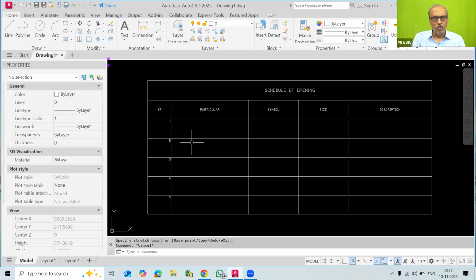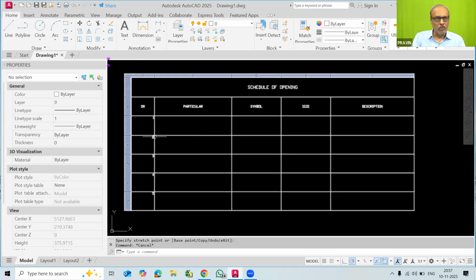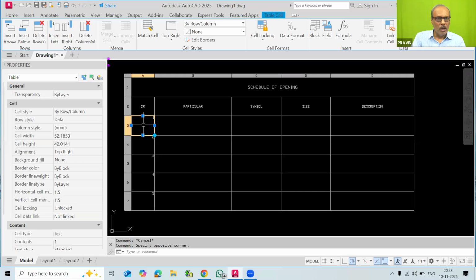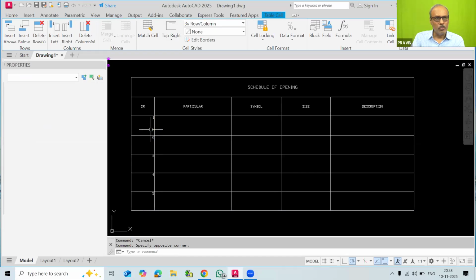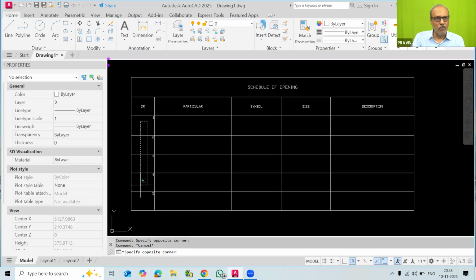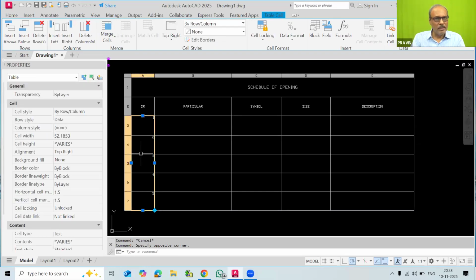Now in this, you also have to remember that we can change the alignment of the text. There are two types of alignment. Here I have written 1, 2, 3, 4, 5, but these numbers are not appearing exactly at the center. So I have to click here. Or otherwise, suppose you want to select all these, you can just drag this way. You have to draw this type of crossing polygon, so all that row will get selected.